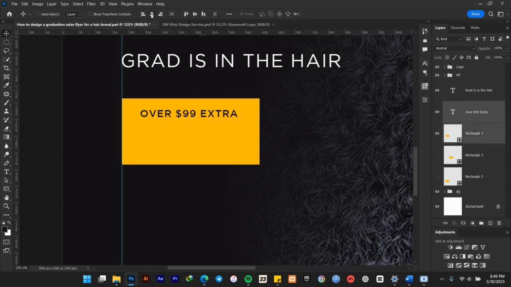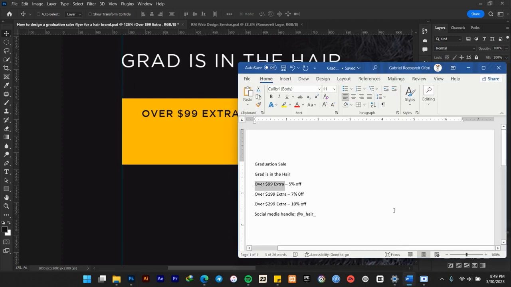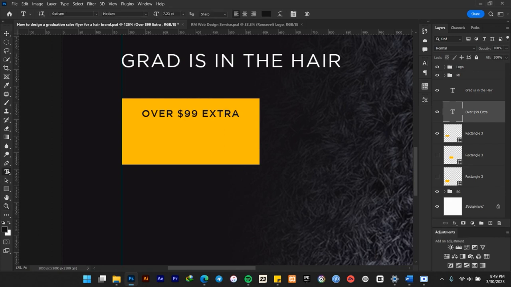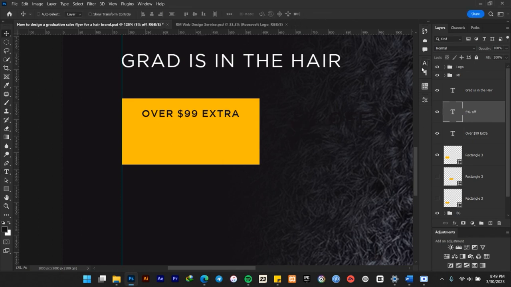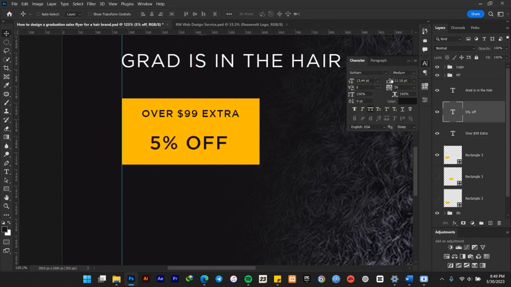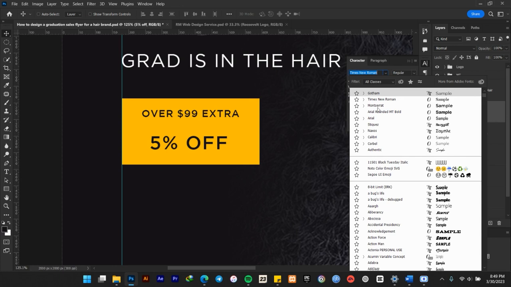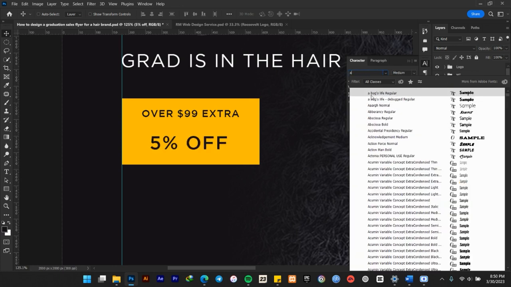Now let me align it to the center of this rectangle shape, and let's add the percentage, which is 5% off. For the percentage, I'll choose the Anthem font for "5% off". Let me change. Okay, let's maintain the black, but then I'll change the font to, let's say,